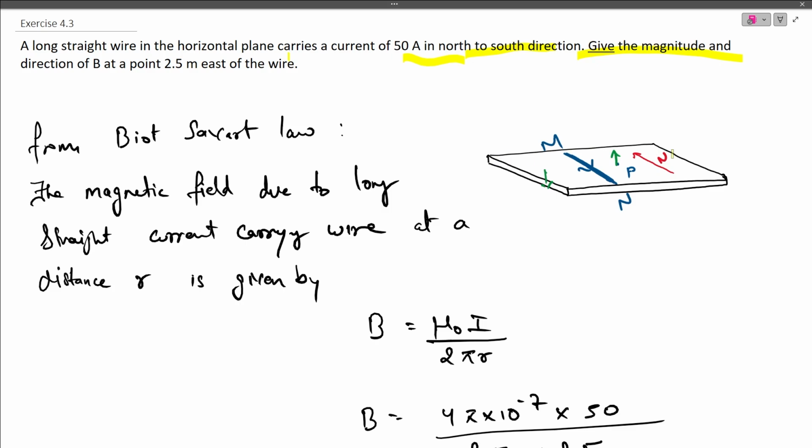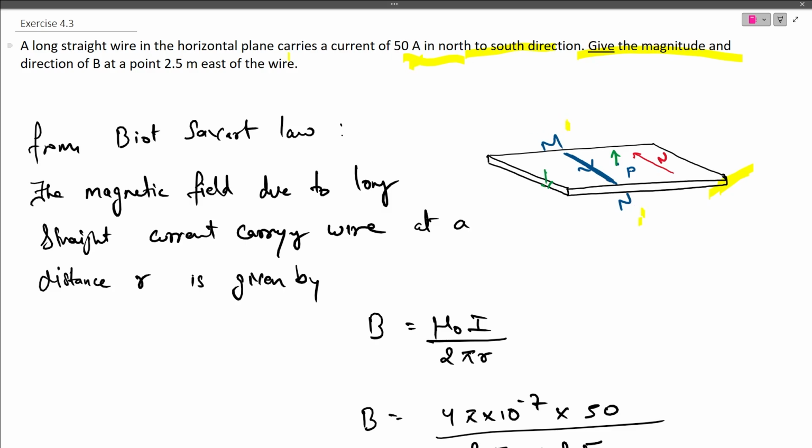Now we have assumed the horizontal plane as this table. Now M to N, that is M is in the north as directed in the image, M is in the north side and N is in the south side of this table. So there is a current flowing from M to N, or from north to south, and its magnitude is 50